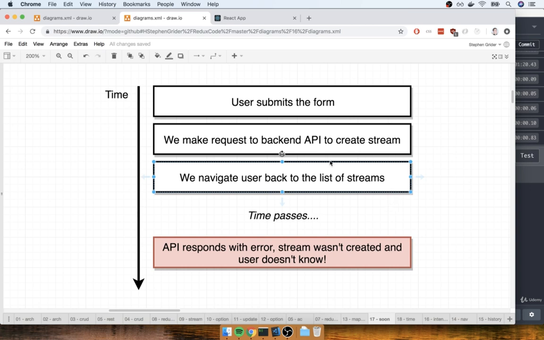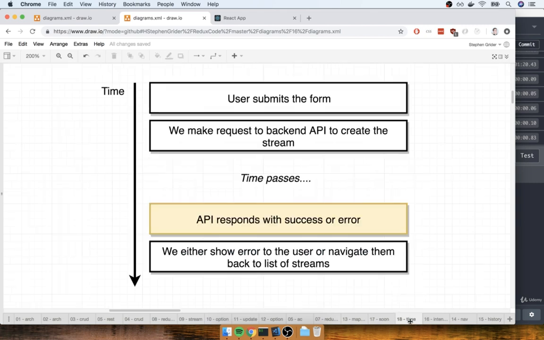The issue here is that if we navigate the user back over to our list of streams immediately after we make that request, I'm talking about like the next line of code, then if some time passed and we eventually got an error back from our API, the stream might not get created, but the user has already navigated away from the form, and they don't really have the ability or the opportunity to update the form and try to recreate the stream. So essentially, we don't want to navigate the user away too early. We only want to attempt to navigate the user away after we get an API response, be it an error